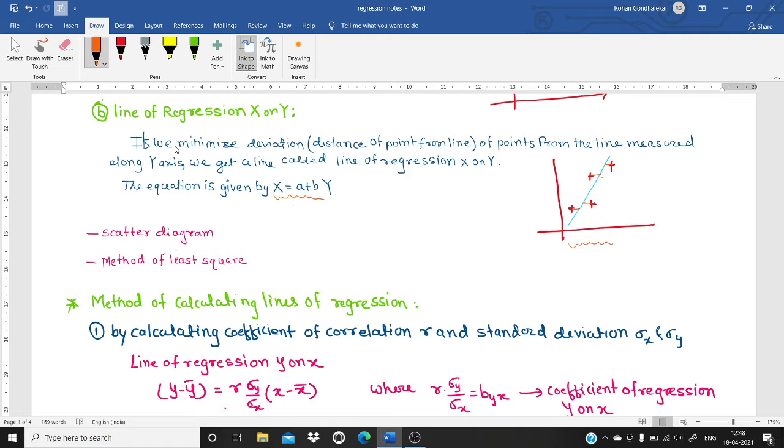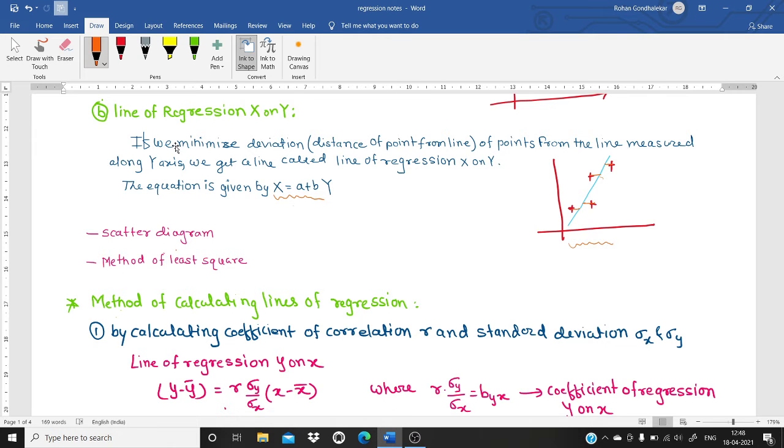The next point is the method of least squares. Of course, I am going to discuss the method of least squares at the end of this module, because in the next lecture we are going to study curve fitting, where we come across the method of least squares. While discussing the lines of regression, I am going to define the way of calculating a line of regression by using the least squares method, no doubt. But the problem solving will be done in the next session.